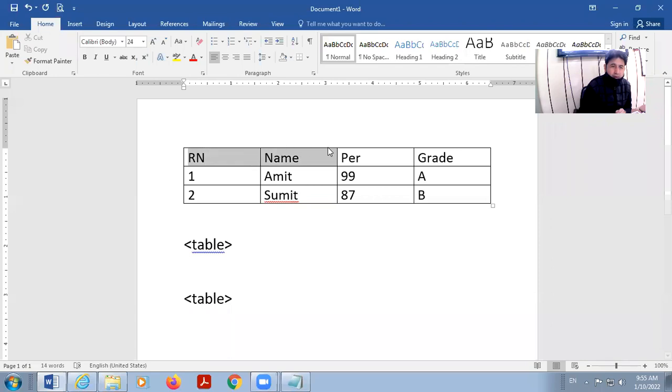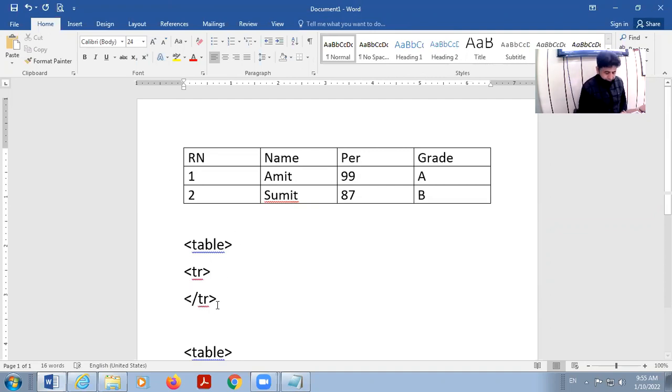It means I will do the work row wise, not column wise. So I will start a new row, and that tag is TR. TR stands for table row. And this is again a container tag, it means you will have to start and you will have to close it.